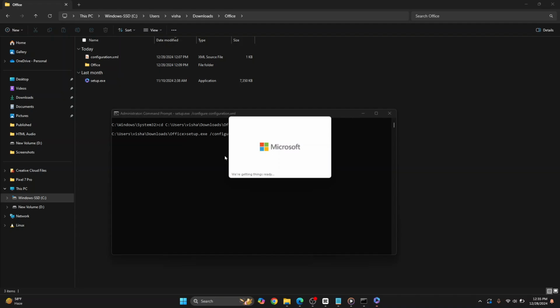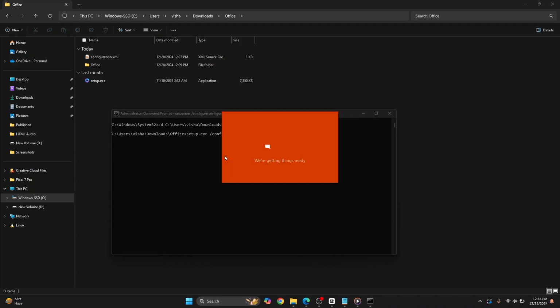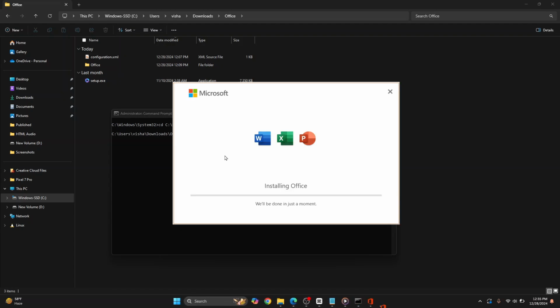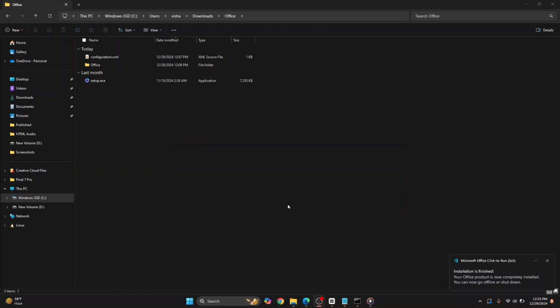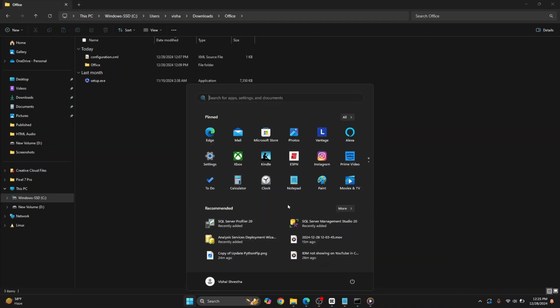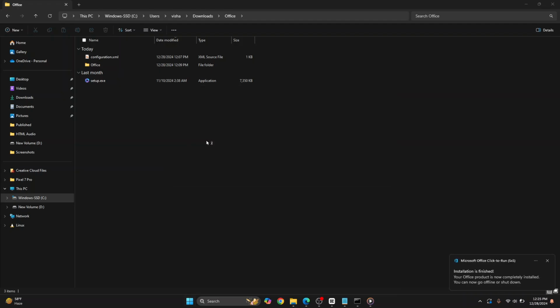Now let's wait till the installation is complete and I will show you how you can open Excel after the installation is complete. So after a while, you'll see this message that says Microsoft Office is installed and you are all set. So click on close and let's open Excel. Press your Windows key and type EXCEL, and as you can see, it is installed. Now let's see if this is free or this is already activated. Open it